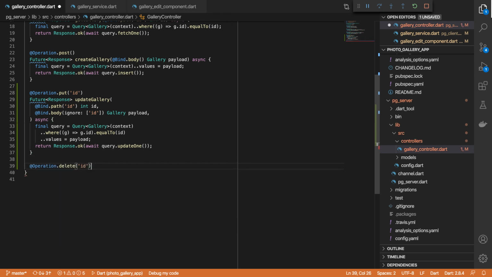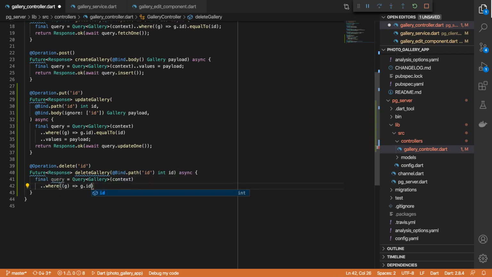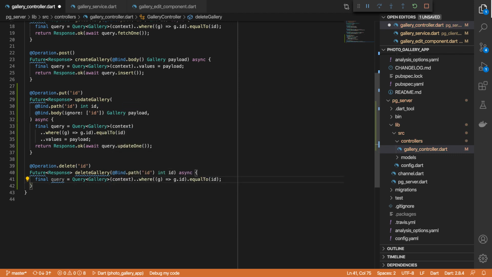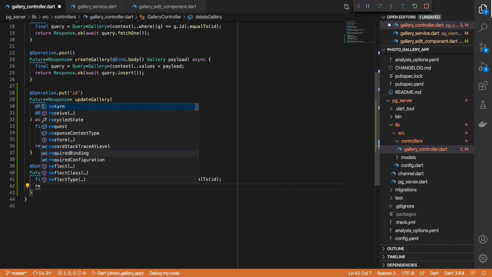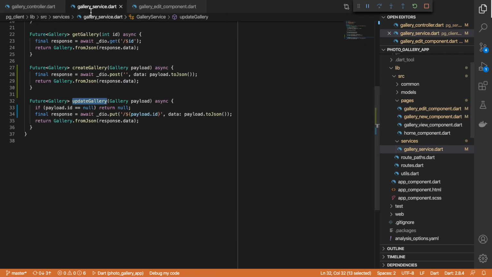That also takes in an ID. I'll create a method called delete gallery, and then we'll extract the ID path variable and cast it to an integer. We'll create our query using the where method, and we're doing a check on the ID that it matches our path variable ID, and then we will invoke the delete method. So I'll save that. I'll reload the server, and then let's come to our gallery service and let's define our